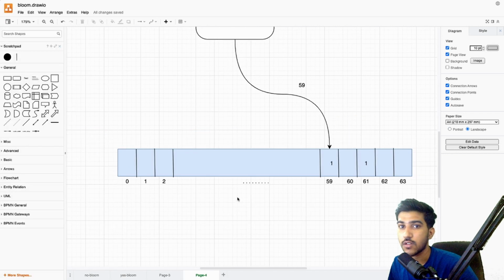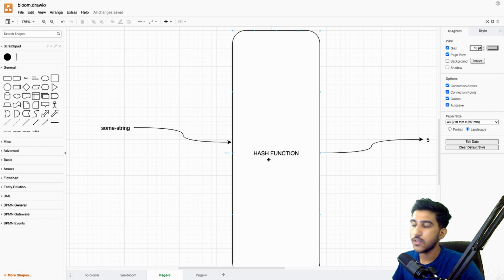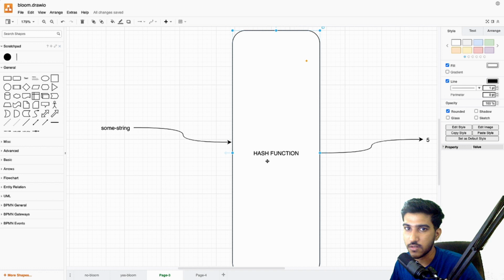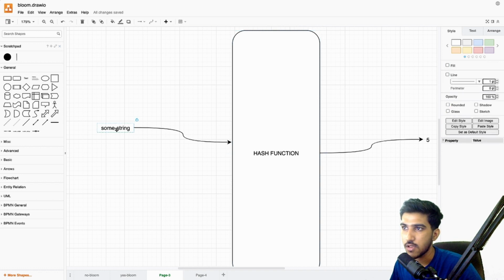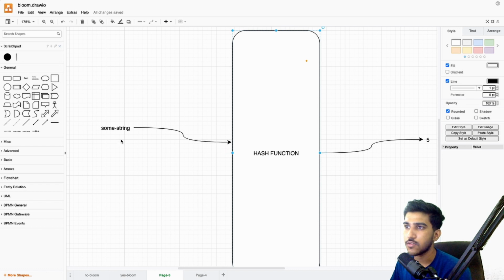Let's understand what a Bloom filter actually is, and before even understanding that, we'll see what a hash function is, because you need to know this in order to know what a Bloom filter is. A hash function is literally a function which takes in some string as a parameter and gives us back some number. That number can be any number, or it can be in the range of some x to y, which depends on the hash function that is available. That's what a hash function is all about. It takes in some string and gives back some number.